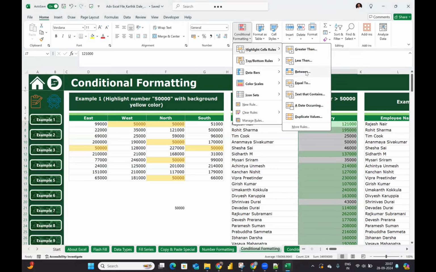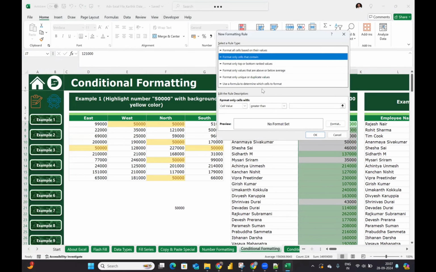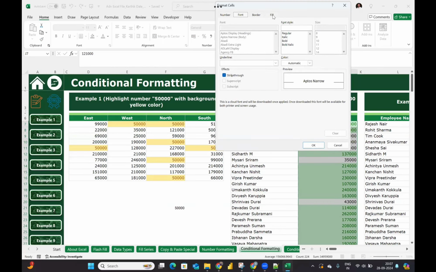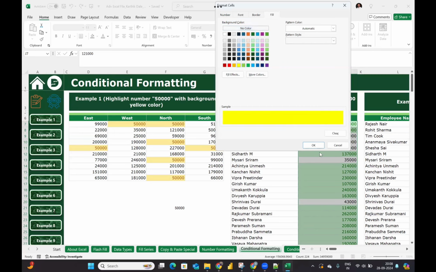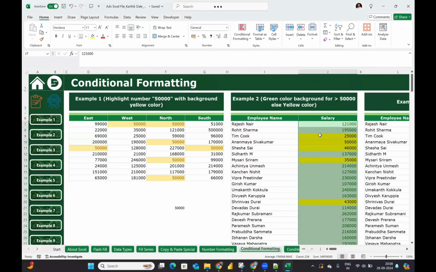हाँ, एब्सोल्युटली, लेस देन और इक्वल टू रहना है। अगर लेस देन 50,000 बोले तो एग्जैक्टली 50,000 है तो वो मिस हो जाता। सो लेस देन और इक्वल टू, लेस देन है मगर लेस देन और इक्वल टू नहीं है कहाँ भी। सो यू कैन गो टू मोर रूल्स, in the format cells that contain cell value, if it is less than or equal to, ये ड्रॉप डाउन में मिल जाएगा आपको, greater than equal to, less than equal to, less than, greater than, all these options are there. Less than or equal to 50,000 ऐसा लिखो। उसके बाद फॉर्मेट में जाओ और कलर को सेलेक्ट करो, फिल कलर, लेट्स से येलो, क्लिक ओके एंड ओके, एंड इट इज अप्लाइड नाउ। एग्जैक्टली 50,000 है तो भी येलो ही है, 25,000 है तो भी येलो ही है।